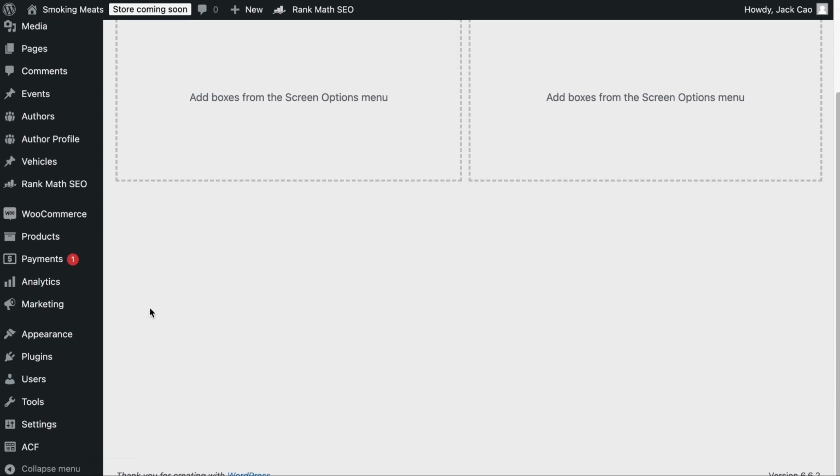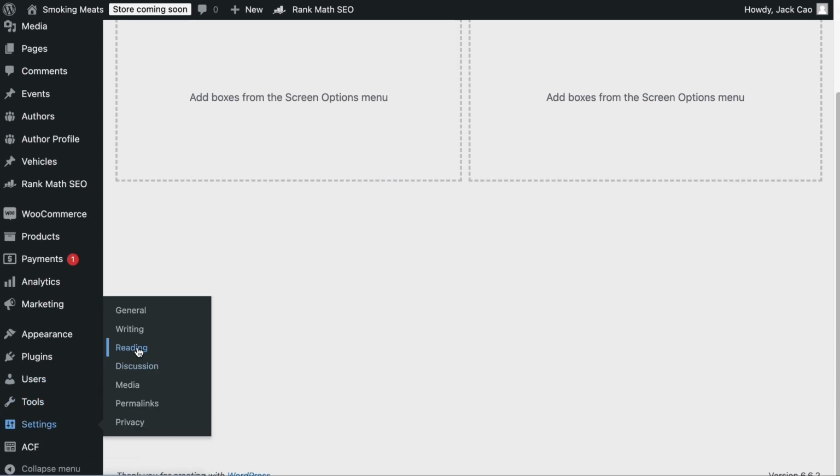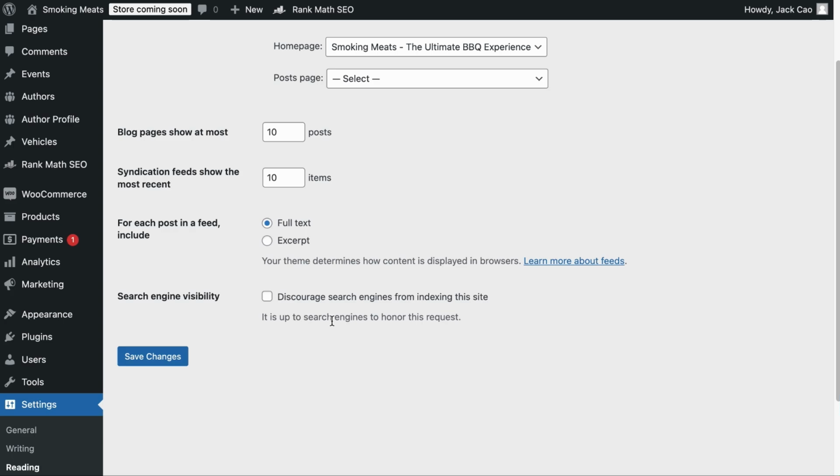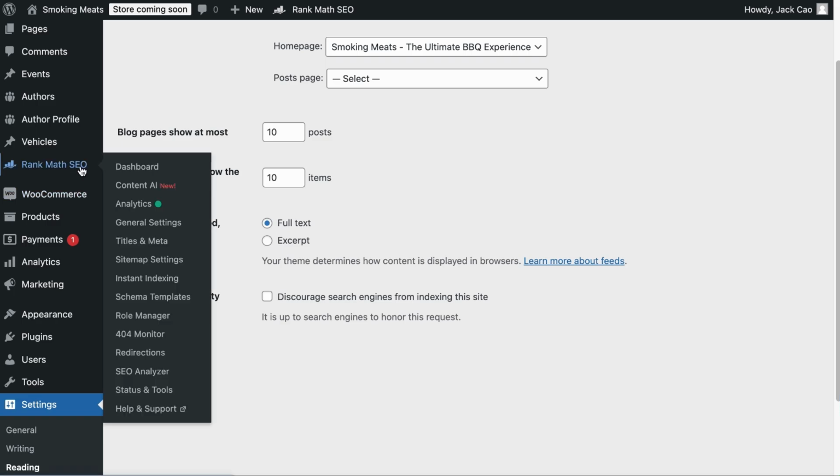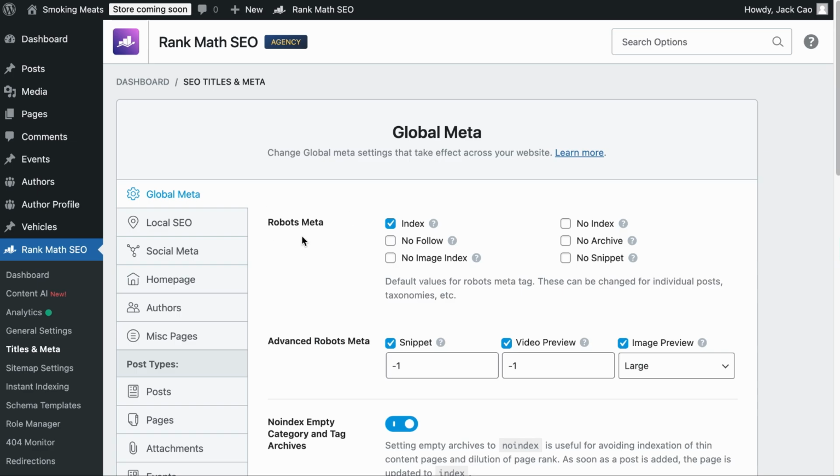The first thing you want to check is the WordPress reading settings. Make sure that the discourage search engines from indexing this site checkbox is unchecked. If it is not checked, then the next place you want to check is under Rank Math SEO. Visit the titles and meta settings, and in the global robots meta, you want to make sure that it is set to index, so that all pages that do not have custom settings will have the robots meta as index